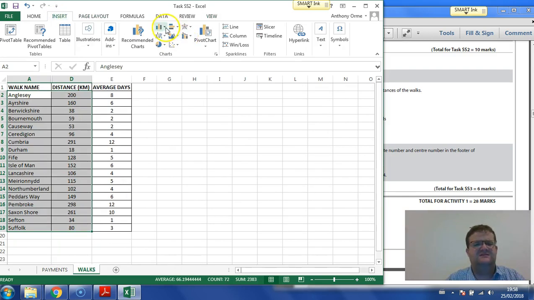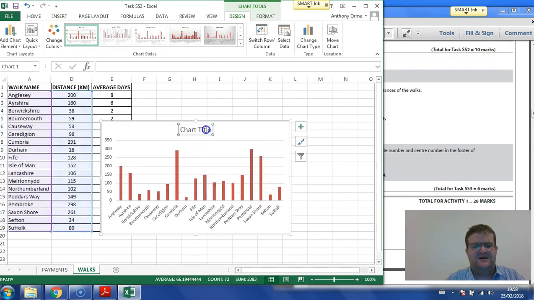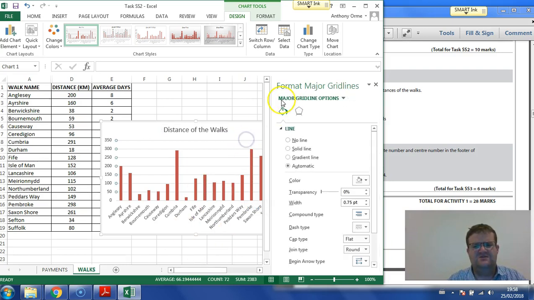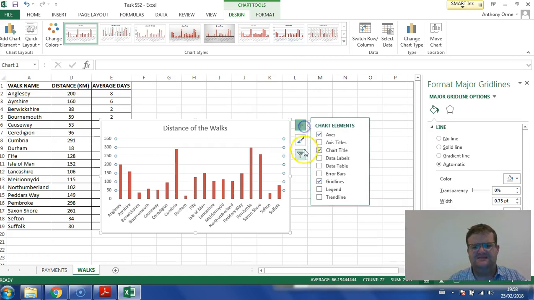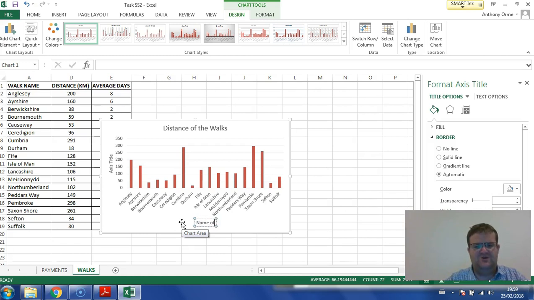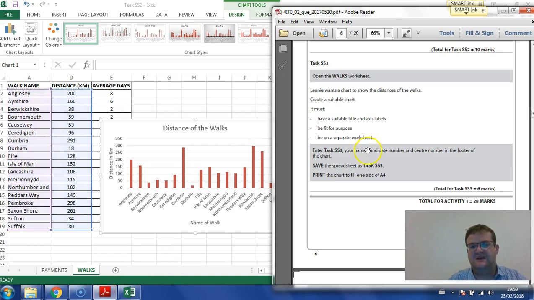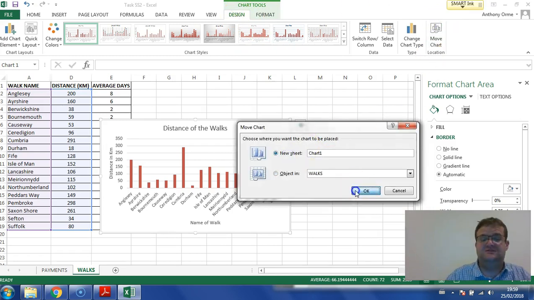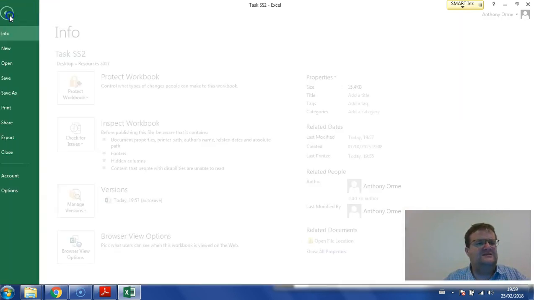all I do is go insert and the chart, and I just say distance of the walks, and we choose axis titles. So down the bottom I choose name of walk, and at the side I say distance in km. And over here I say on a separate worksheet. So I need to go design, move chart, new sheet, like so, and I need to go file